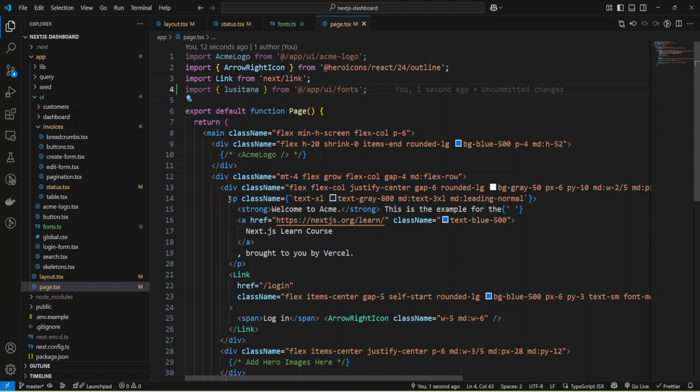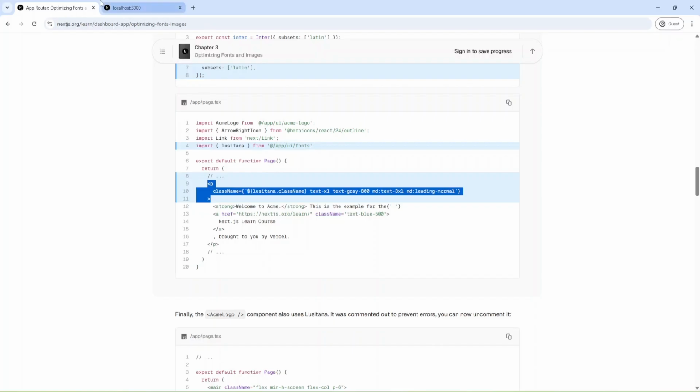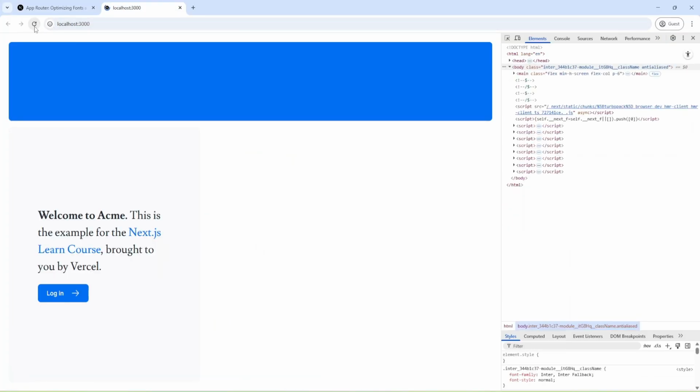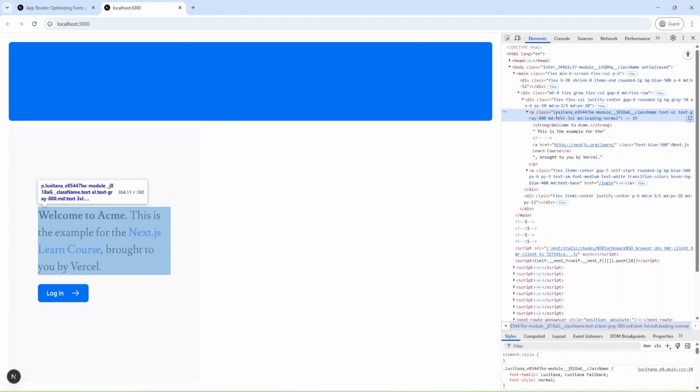And we need to change this paragraph by adding a class name. And let's check. And probably we have some font here. And as you can see, we have the Lusitana font here.